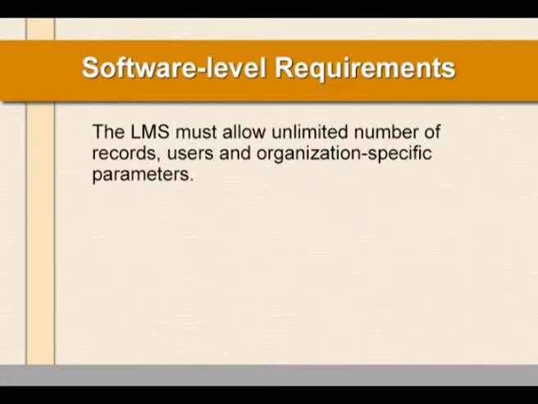Software level requirements, we already discussed that the LMS must be fully integrated with a common data set, must have the capability of supporting multiple branches, it must allow an unlimited number of records and an unlimited number of concurrent users, that means users using your service simultaneously. Fully developed operational facilities for multiple customer sites. So these are the minimum set of requirements that must be available with an integrated library system.